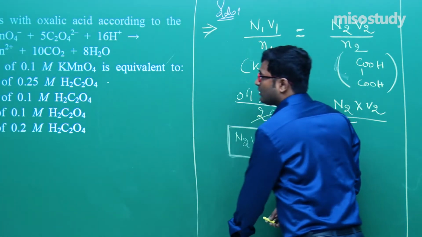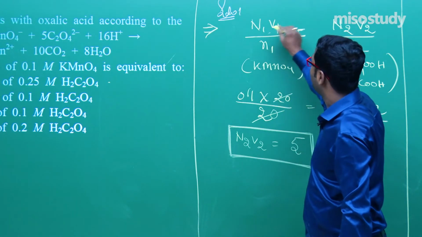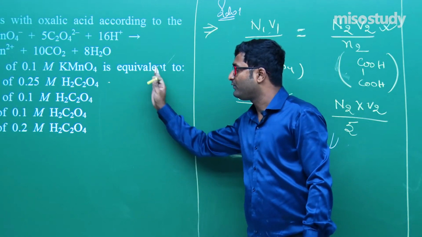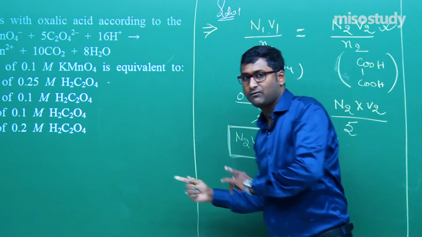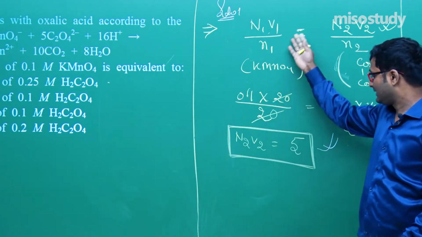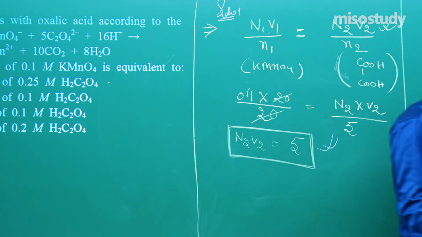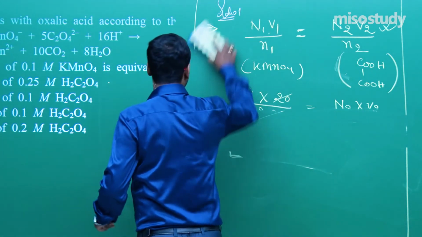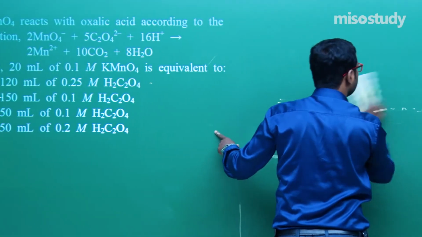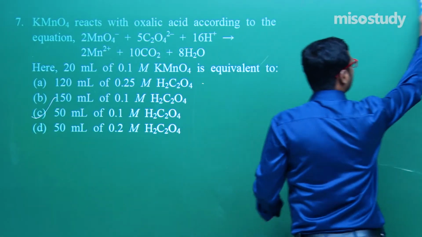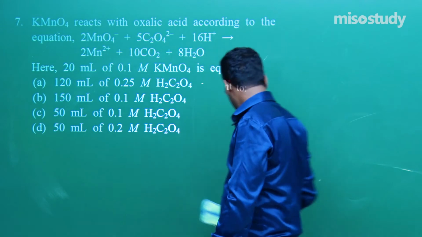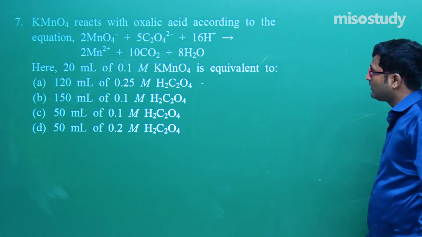So friend, this is one of the best questions. You have to use this normality equation. I'm giving you a few seconds to read the question carefully and note down the solution. I think friend, you have noted it down. As I told you earlier, this is a completely calculation-based chapter, so you can easily solve the questions if you have command over the concept. Now let's move to the next question. What is the next question?